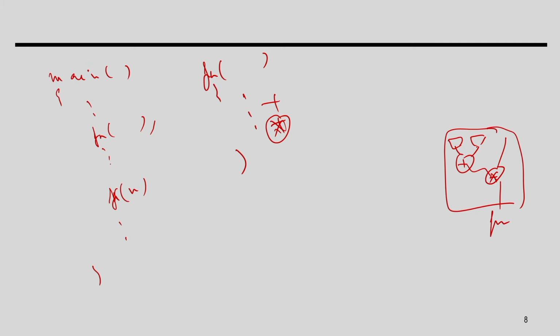Now, the question is, if I have 10 calls to this function, what will be our objective? Our objective will be to create one copy of this hardware. If we create 10 copies of the hardware, that means my area requirement, or resource requirement, will be 10x. If the total requirement is, say, 100 units here, then it is 10 into 100.